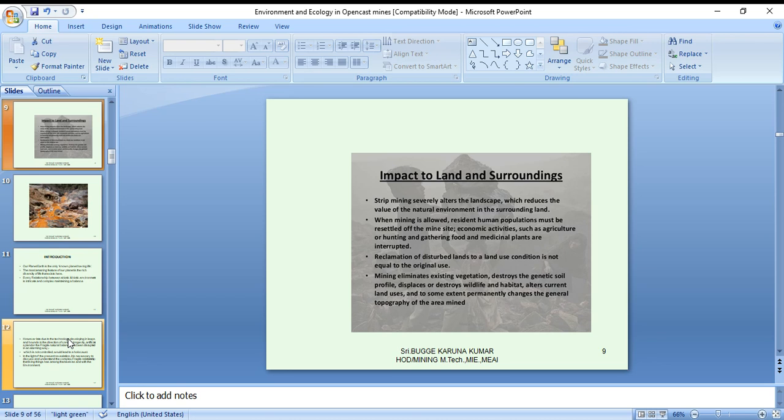Mining eliminates existing vegetation, destroys the genetic soil profile, displaces or destroys the wildlife and habitats, alters current land uses, and to some extent permanently changes the general topography of the area mined.